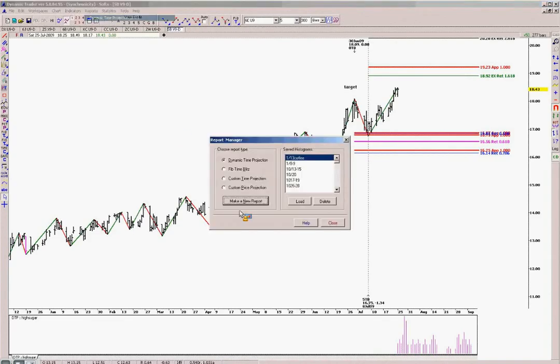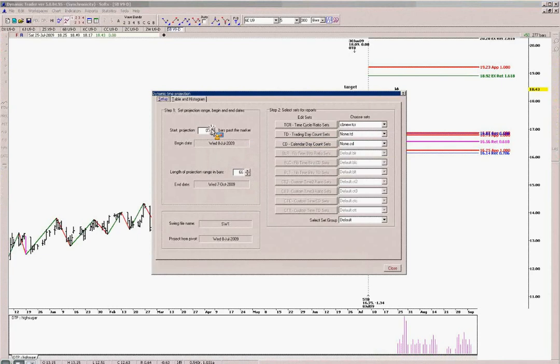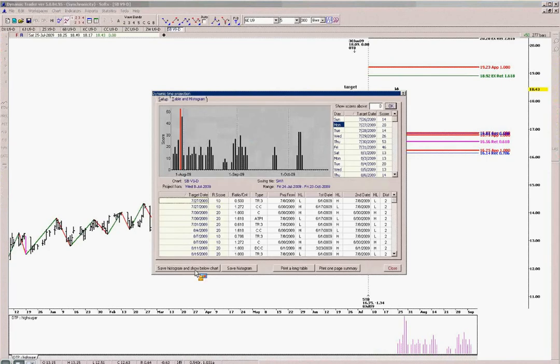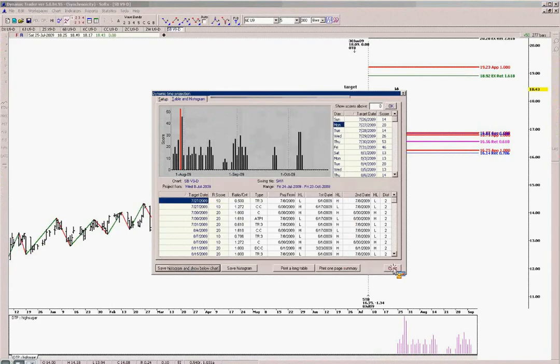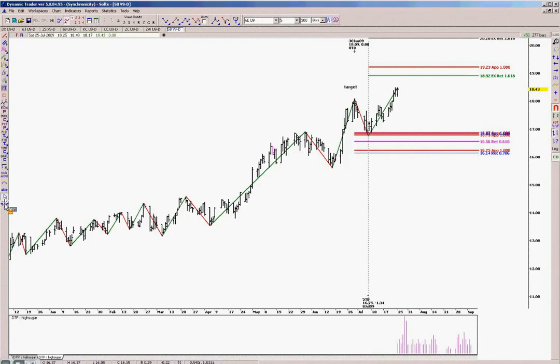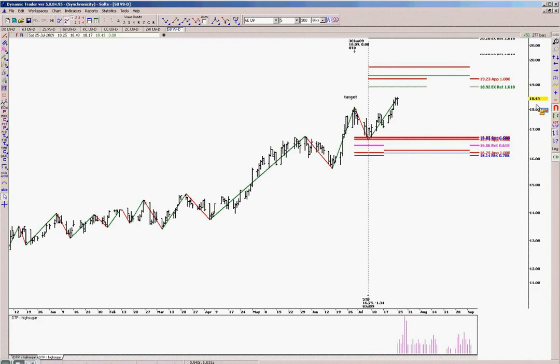from the last low. I'm going to run the time projection report, and Monday's the 27th, so I'm going to do it from Friday the 24th, and let's see, where does that histogram stand out above 50? That comes in right around the 30th, 31st. So I'm saving this histogram below the chart. It shows the next timing for a possible high to be right around the 29th, 30th, 31st, right around there, give or take. This is a calendar day projection. That's how the histogram works on the daily charts.